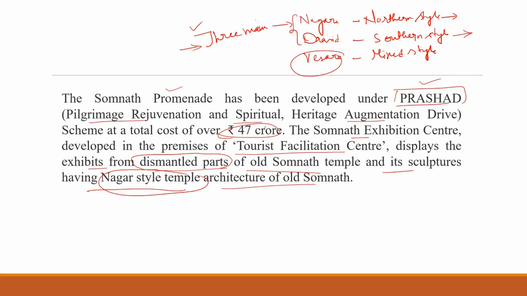Now, are these the only styles available? No, there are a few other styles, but they are not that major. There is a style in Bengal. There is a different type of construction in Kerala. In Himalayan areas, again, you will find a different style of temple. So, these are the regional styles. These are the three main types of styles which we find, and these are the regional styles in the temple structures.